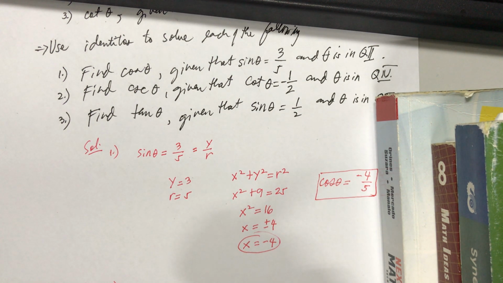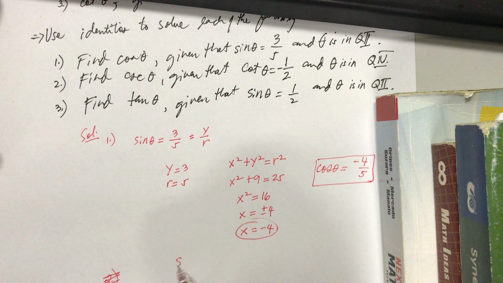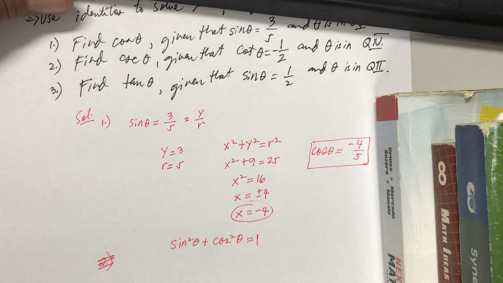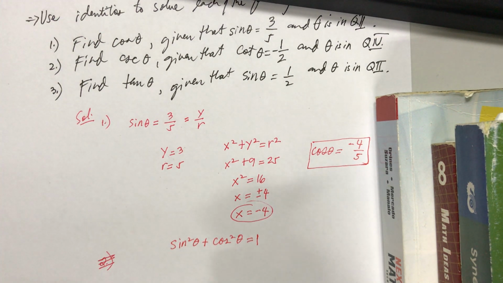You are to find cosine theta and then you are given sine theta. Which of the trigonometric identities would be applicable if you are given sine theta and you are to find cosine theta? So, you must be using the Pythagorean identity, which states that sine squared theta plus cosine squared theta is equal to 1. That's a Pythagorean identity. Correct? Okay. Then, you would have